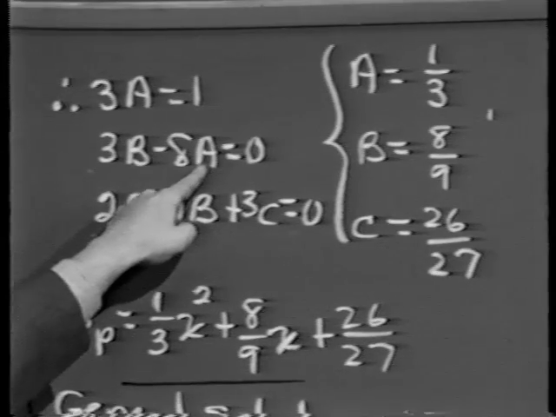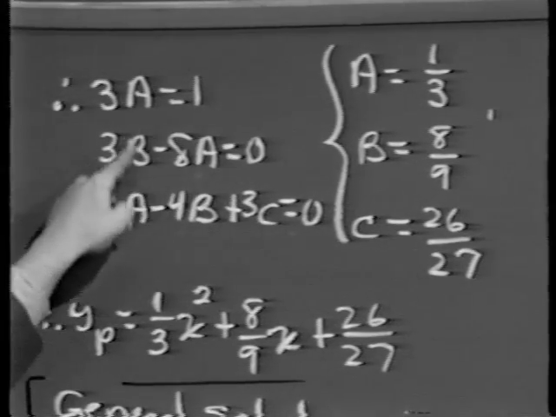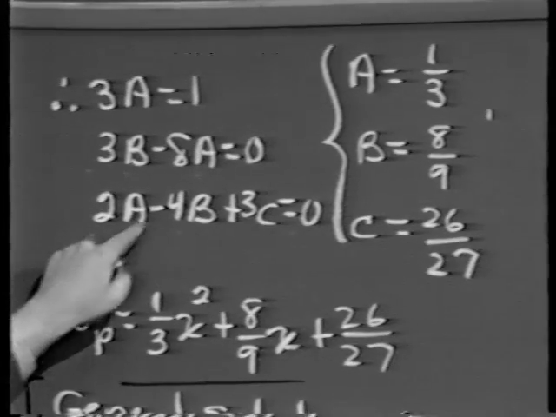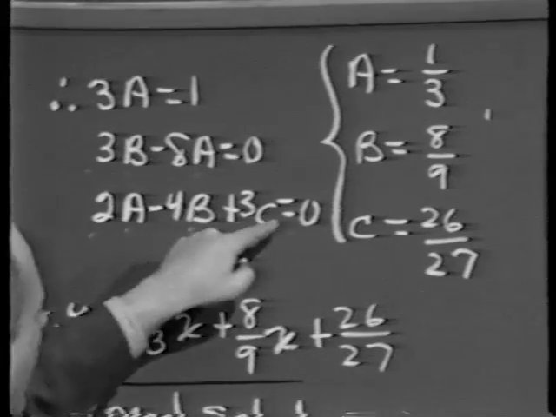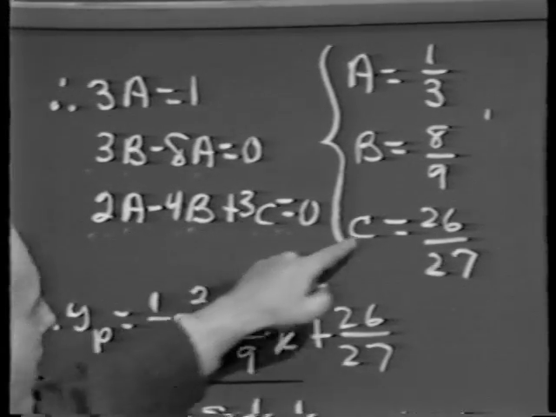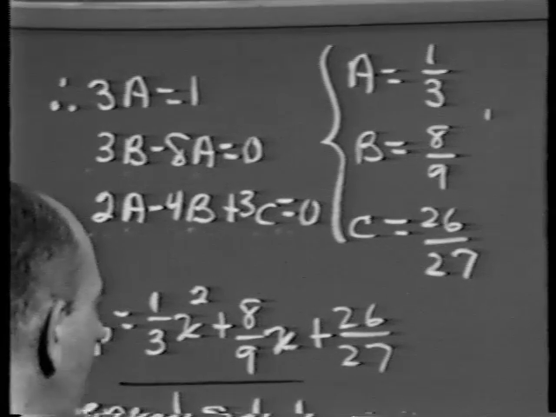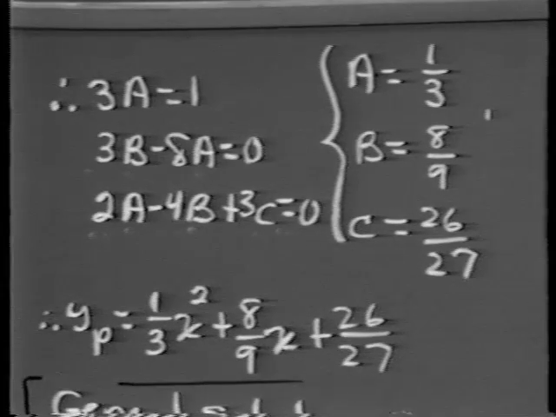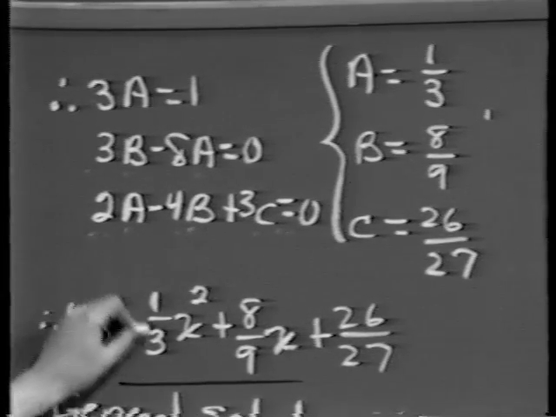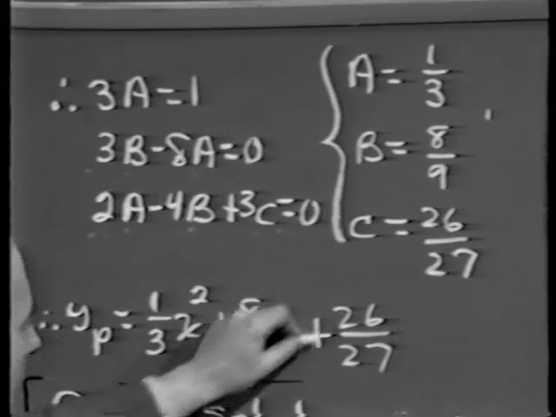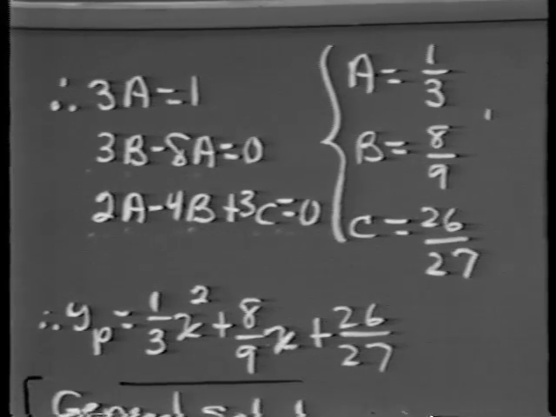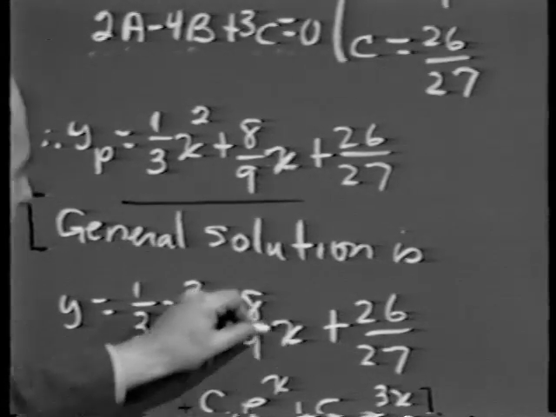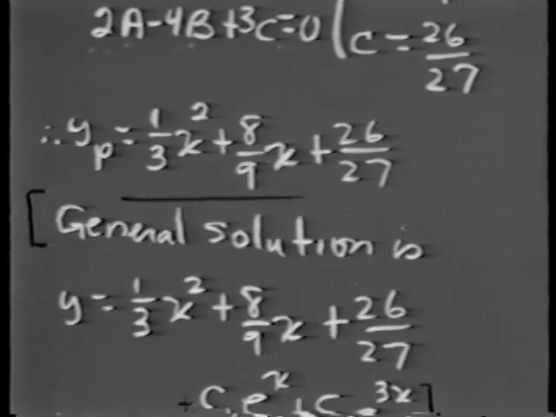Knowing that a is a third, we put that into the second equation, immediately can solve for b, which turns out to be 8/9. Knowing that a is 1/3 and b is 8/9, we can now come into the third equation and solve for c, and c turns out to be 26/27. In other words, a particular solution to our differential equation in example 3 is 1/3 x squared plus 8/9 x plus 26/27. So that the general solution of that equation is 1/3 x squared plus 8/9 x plus 26/27 plus